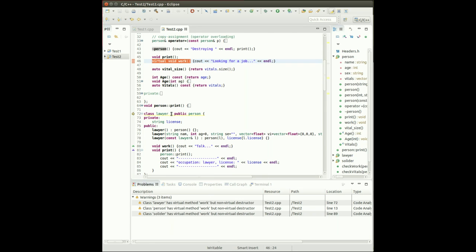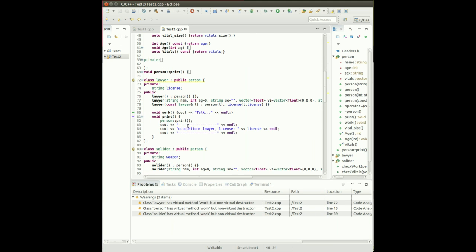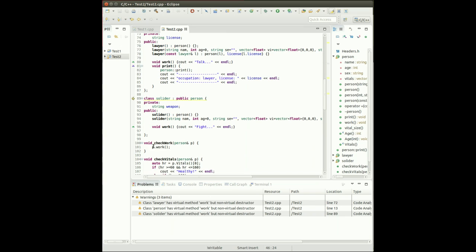So one possible scenario is that you are using a pointer or a reference to a person to manipulate a lawyer. And that's exactly what's happening inside of this function that's called check work. You're actually using a reference to a person to manipulate a soldier and a lawyer,